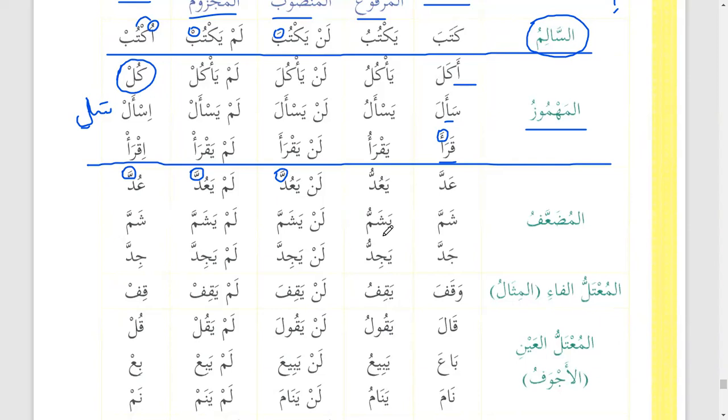I'm used to yashummu because, as I said, it comes on both, so when I learned it, I learned it with the pattern of shamma yashummu. Subhanallah, you see, this is how it is. The first time we learn something, whether we learn it right or wrong, it becomes part of the memory. It's very difficult to change. So that's why I always encourage my students to start learning Fusha. Don't learn broken Arabic, because that is useless. Our target is not to be able to go to the shop and talk to someone. Even if we go and talk to someone, that doesn't hurt, but then our Arabic will be ruined, and we don't want to do that.